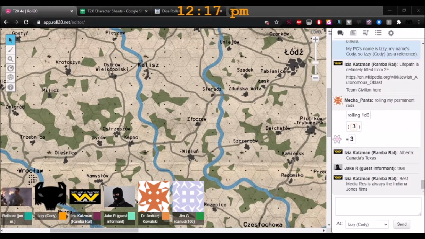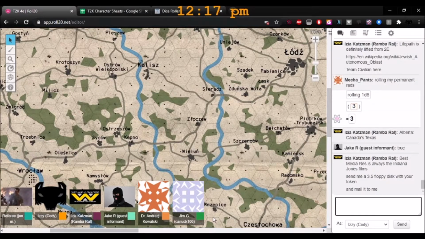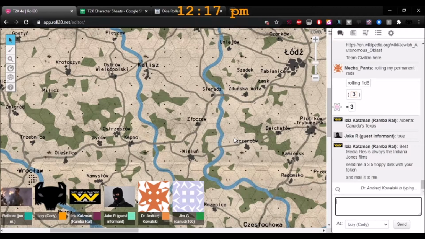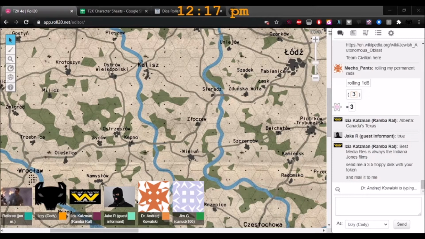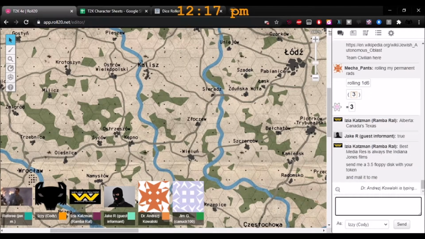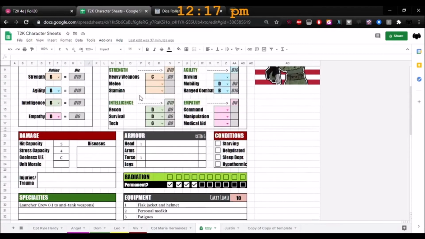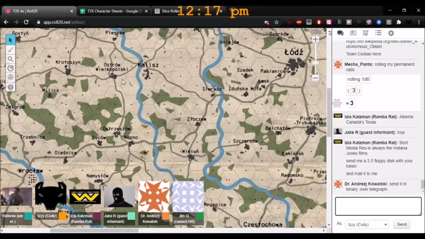What's our unit morale going to be? I think we need buddies as well. Unit morale is a D6, so you get to add that to your own. Whenever you need to make a morale roll, you get to add a D6. Okay, and are we going to pair off buddies for this round or not? You can, yeah. Feel free to select somebody as your buddy and talk it over with that person.